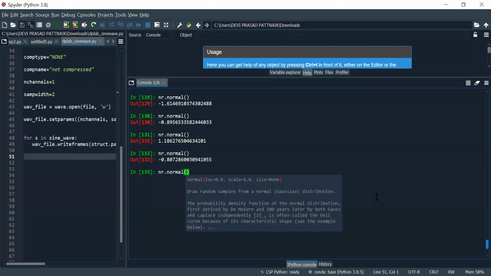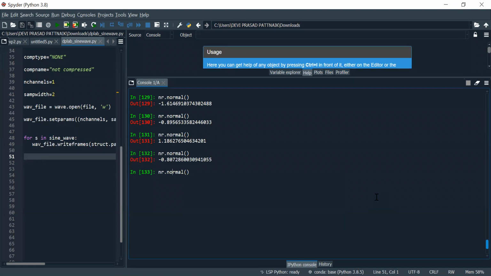Let me write the formula here: mean, then standard deviation. Let's try nr.normal.